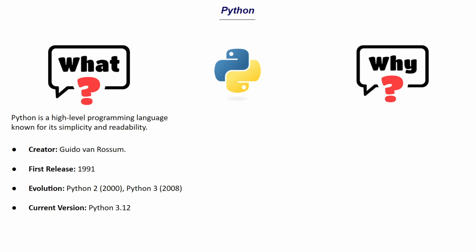So let's say that you want to become a machine learning engineer or an AI engineer. In those fields, Python is the main programming language that is used. So it all depends on what you want to create. If you're working on a different domain, maybe that domain uses a different programming language. But in general, if you're starting to learn programming, then Python is going to be a much easier programming language to start with compared to C or Java or other languages, as again it's high level and simple to read.